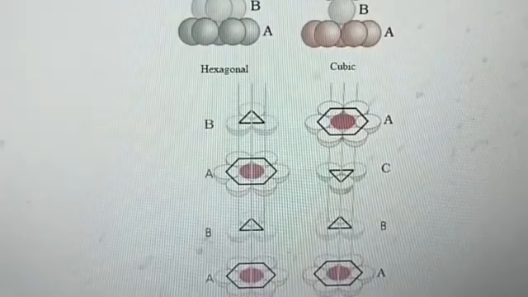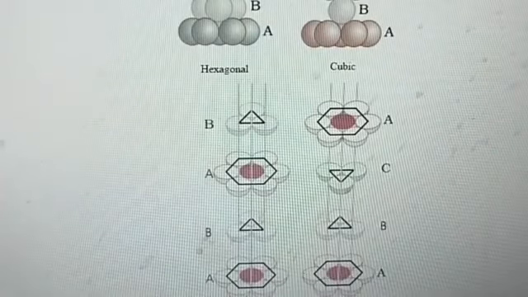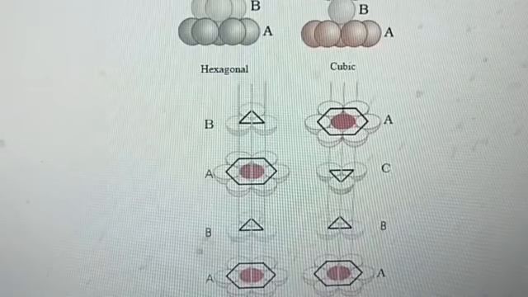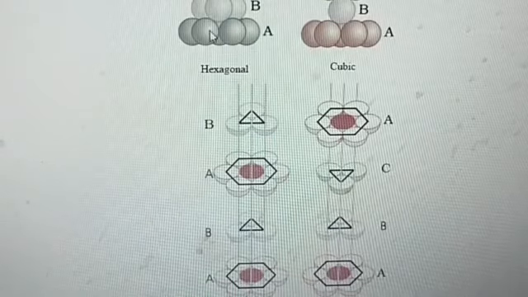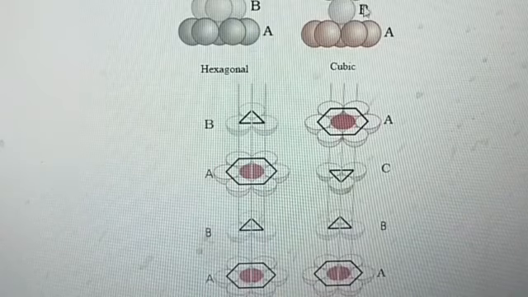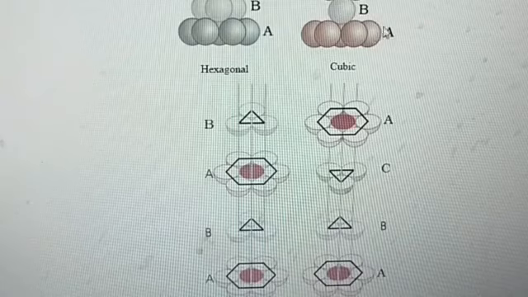So how will the alignment be? Here, when we place the third layer to cover the octahedral voids, the spheres of the third layer are not aligned with those of either the first layer or the second layer. In the AB arrangement, the spheres of the third layer are exactly the same as the first layer. But in this arrangement, the spheres of the third layer are not the same as either the first layer or the second layer.